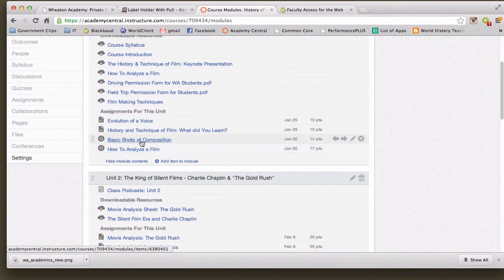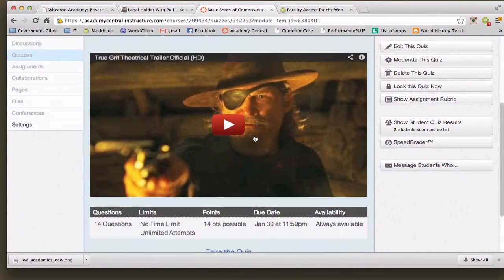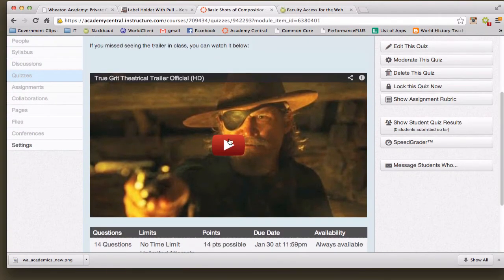Basic shots of composition, that's what you're going to do today in class. How to analyze a film, that is for tonight for homework. When you go over to the library, you click basic shots of composition. Then you will watch the trailer again to True Grit, just to refresh your memory of what's in that trailer. And then you will go ahead and take the quiz.